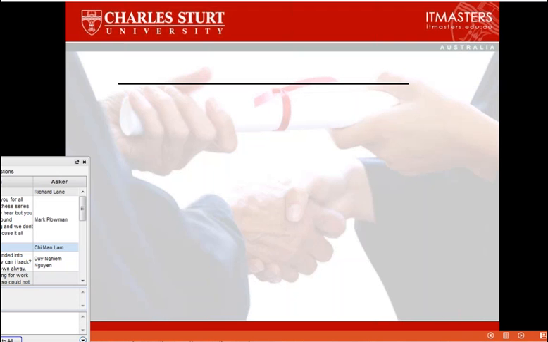So here's a line that represents your project budget, a very simplistic set of figures. Suppose we've got a 12-month project that starts in January and finishes in December, and we've got a budget of $1 million. The term that we use for that is budget at completion. So at the end of the project, we expect to have spent $1 million.